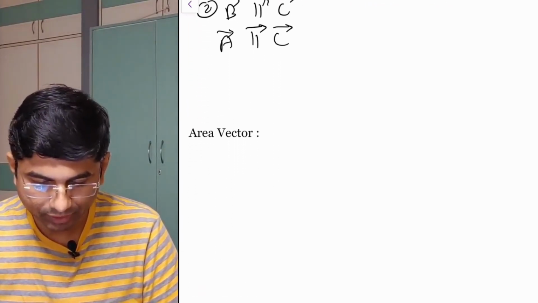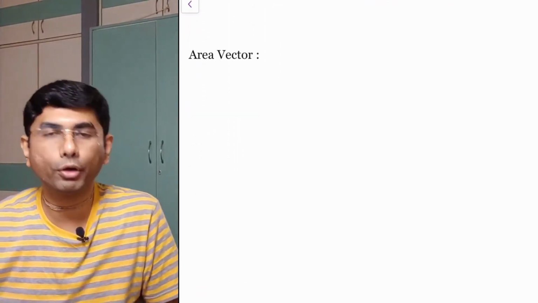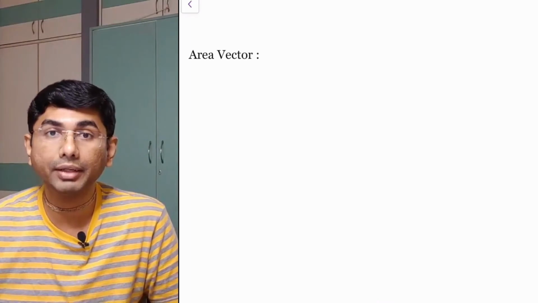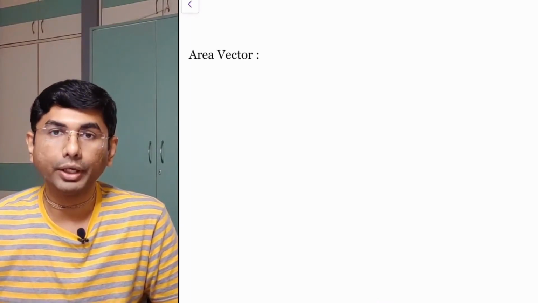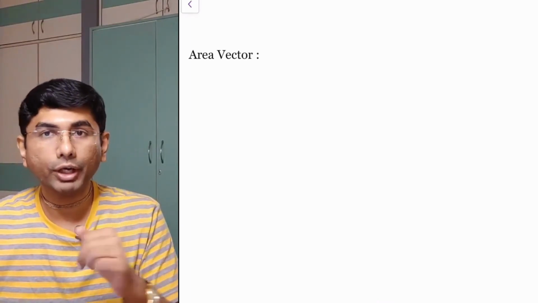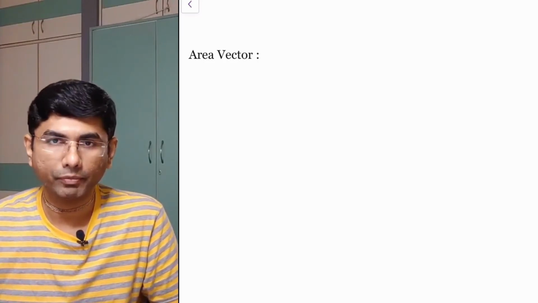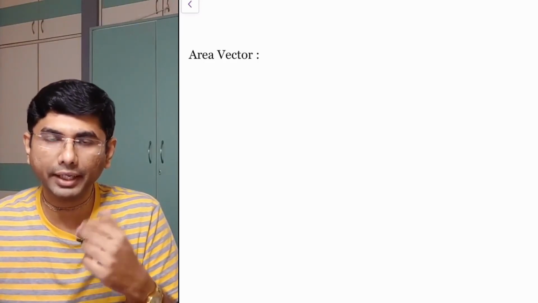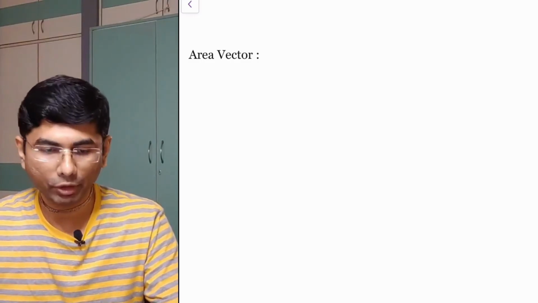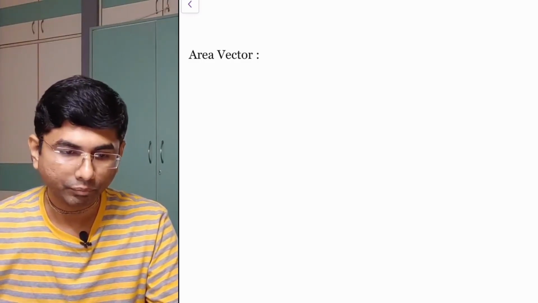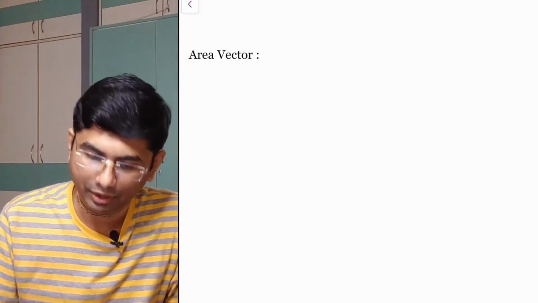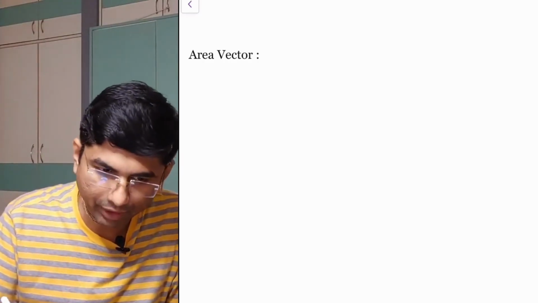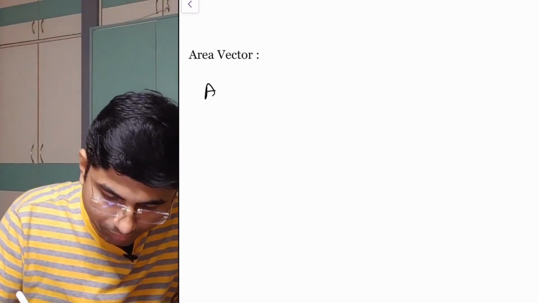Now the next topic which comes is area vector. This is also a very important topic which will be needed when we will be studying even the electromagnetic flux. Now the area, whenever we calculate it, is a vector quantity. How is it a vector quantity? We will see some areas like the area of a triangle, area of a parallelogram, or area of a rectangle. Now just consider any area. We first consider the area of a parallelogram.